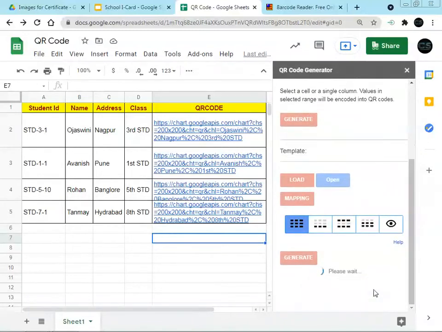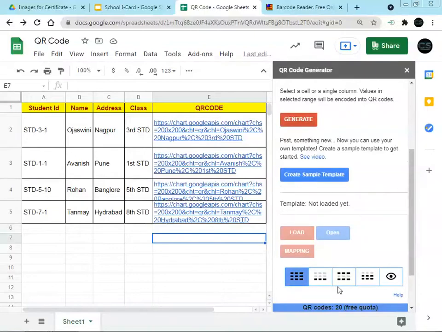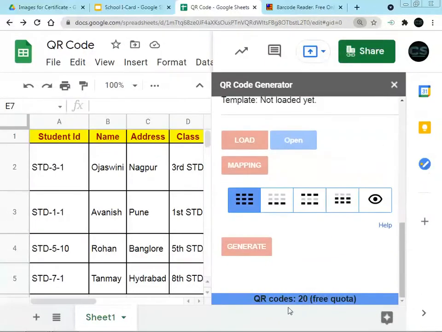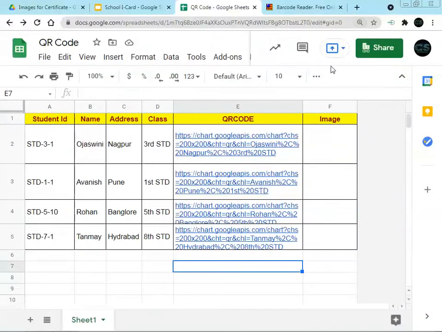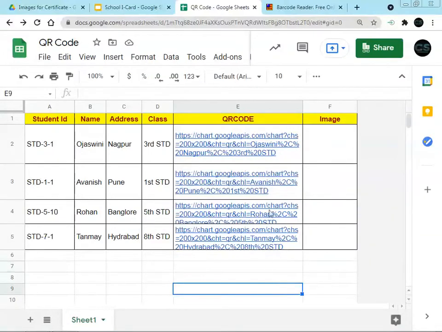At the bottom we will get the information on how many QR codes we will get. At the bottom you will see that we get only 20 QR codes, not 21. So this method is going to be helpful for generating QR codes for a class or for certificates in which we have n number of documents. So, coming to the points, how to generate the QR code.